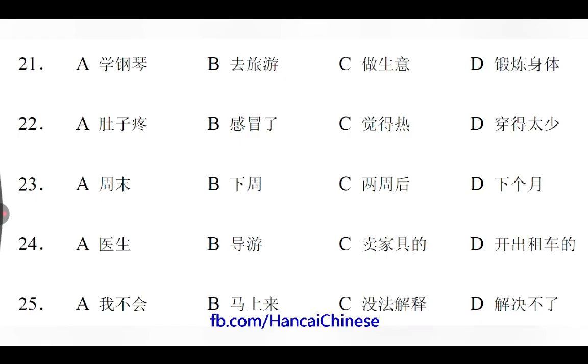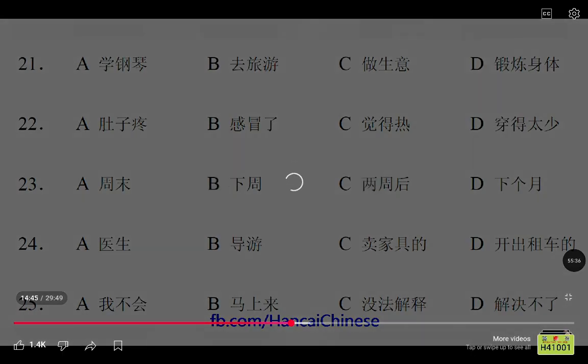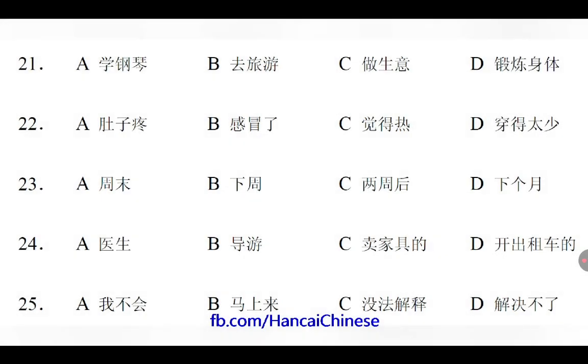The first one is doctor, then tour guide, and what is this? Furniture seller, and this is taxi driver. Okay, listen. 结果什么时候出来？